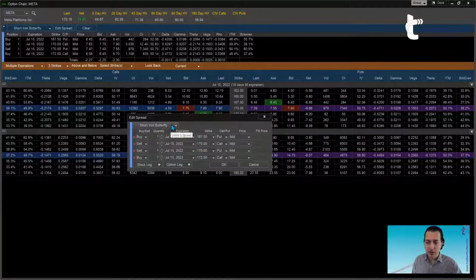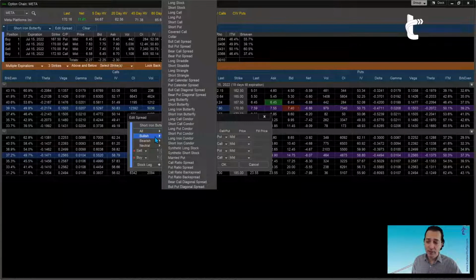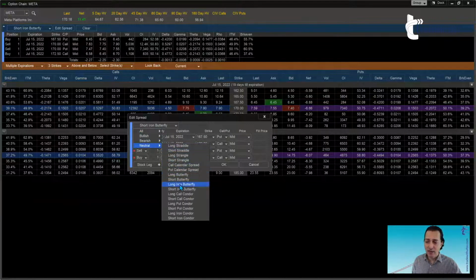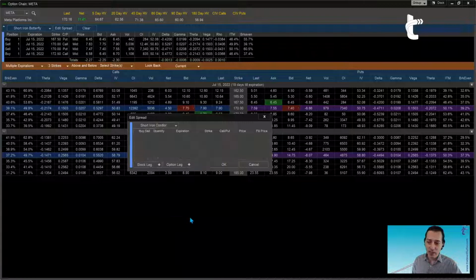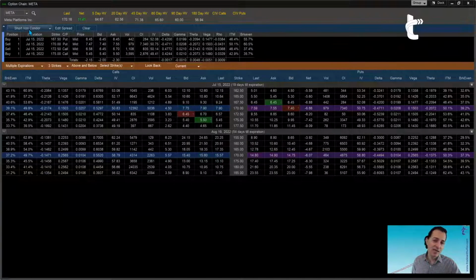Well, first we have the possibility of clicking on the drop-down menu and rectifying what it is that we had. So maybe you selected that you wanted a short iron butterfly, but now you decided, you know what, I'm just going to do a short iron condor. If I change it here, automatically the trade is rebuilt in here. I don't need to cancel and rebuild it outside. Notice how outside it still shows as iron butterfly. Here inside it shows as iron condor. So of course, if I click OK, now outside it shows as iron condor.